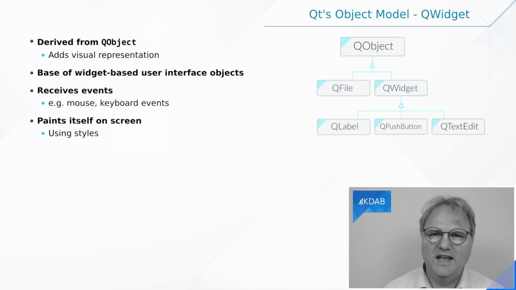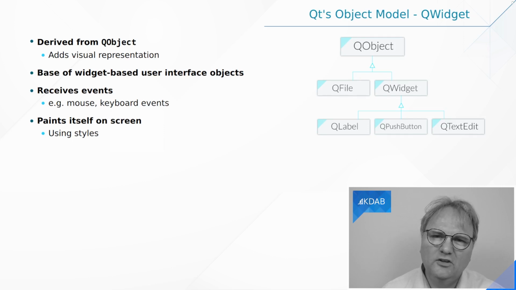As we saw in the last episode, QObject indeed has a very important role in the whole Qt framework, but you seldom new up instances of QObject yourself. What you new up is a subclass of QObject. There's one very important one, as we can see on the screen here now, namely QWidget and QWidget subclasses. So you will often new up a QPushButton in your user interfaces, or a QTextEdit, or some of the other QWidgets. But as we'll see on the next slide, you'll also often create instances of QWidget itself.